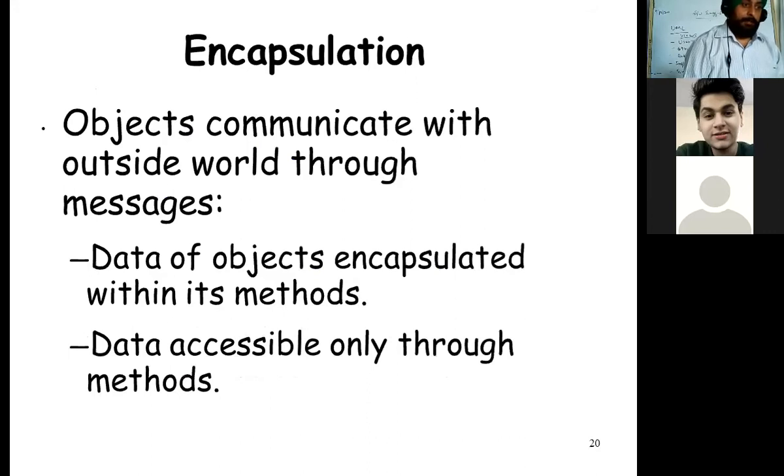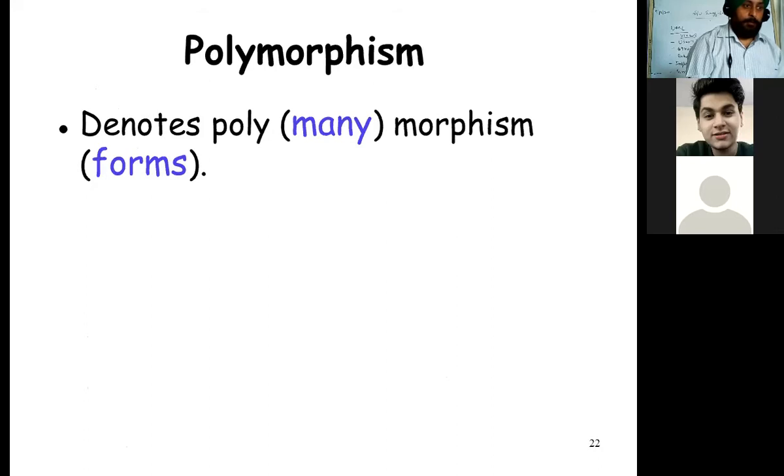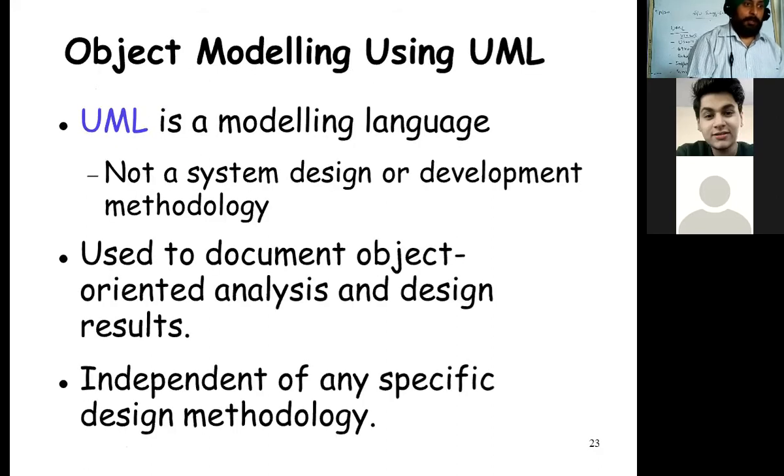So encapsulation that we have already done. This diagram I have drawn, the student had a query just now. I will say, I guess you are right that we have to use the methods, but interchangeably sometimes methods are represented with the help of functions. So polymorphism, many forms. So here we come to the UML.